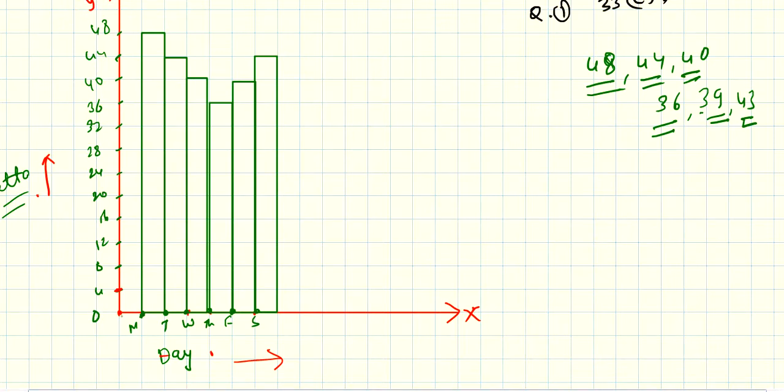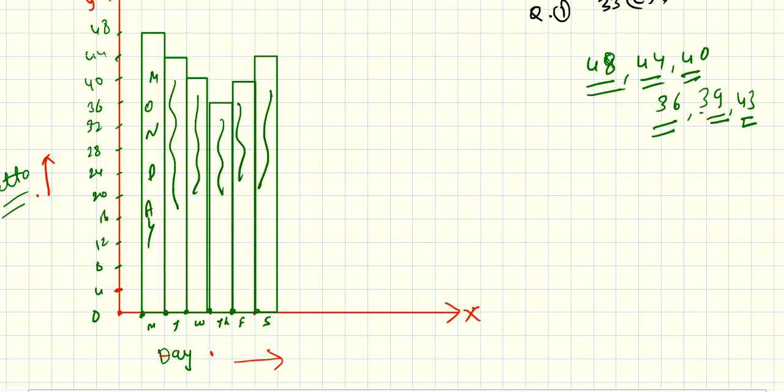There is a little change in this one. Actually, this particular block is Monday. Okay, so I'm just writing here again. This one is Monday, this one is Tuesday, Wednesday, Thursday, Friday, and this one is Saturday. By mistake I have taken it right here. So just like this you are supposed to draw. In this bar graph also you can write Monday, Tuesday, then Wednesday, Thursday, Friday, Saturday. You can try. Okay, so I have told you how to draw a bar graph. Then question number 3, 4 you can solve.